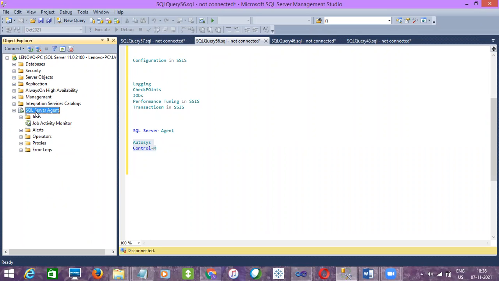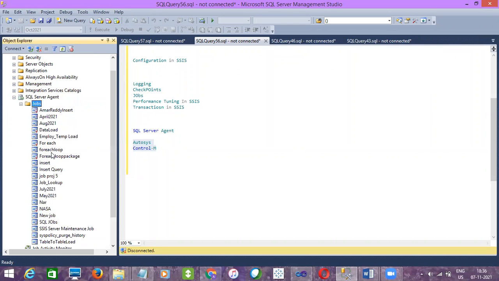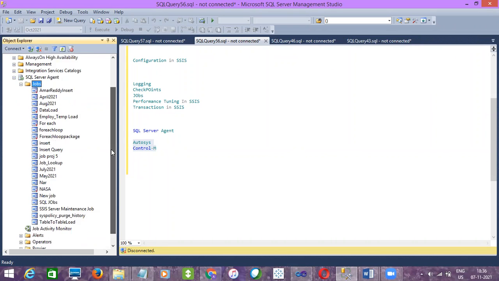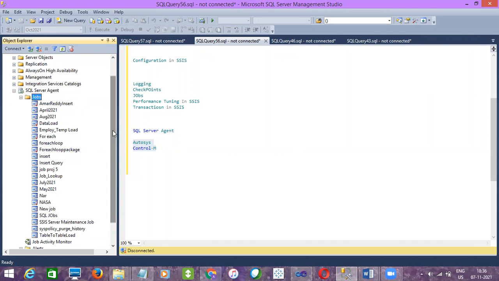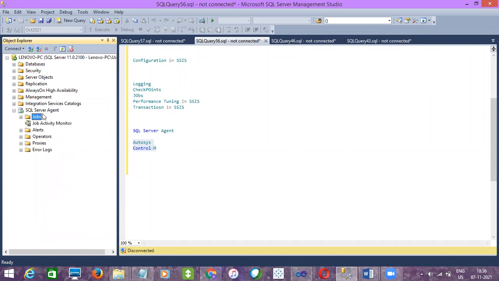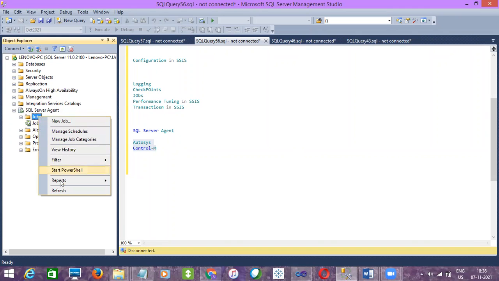And see, once SQL Server Agent is enabled, you just expand it. You can see a Jobs option here, and by default the jobs list will be zero for you, because that's the first time you have added SQL Server Agent, and these are my previous jobs which I have created. To create any job, you just need to right click and then click on New Job.